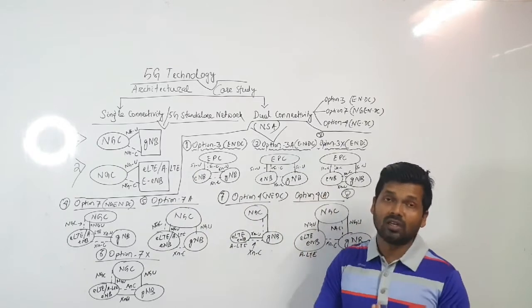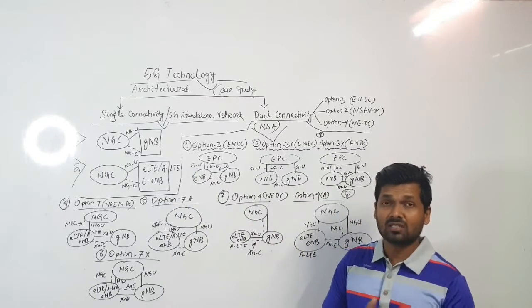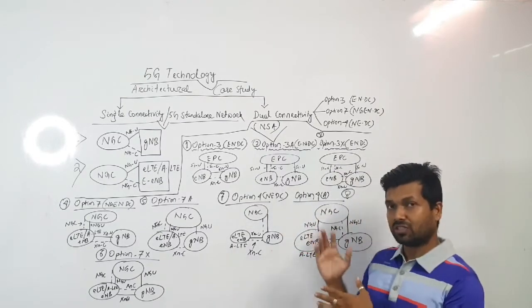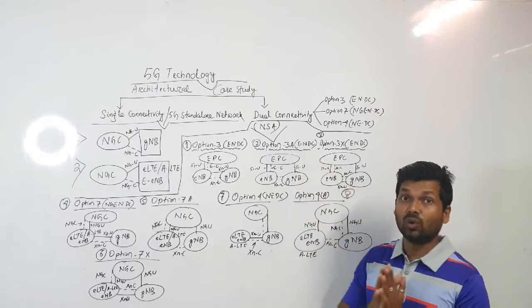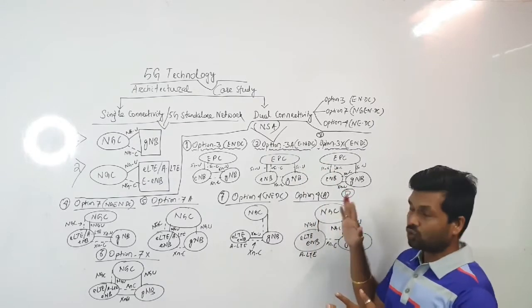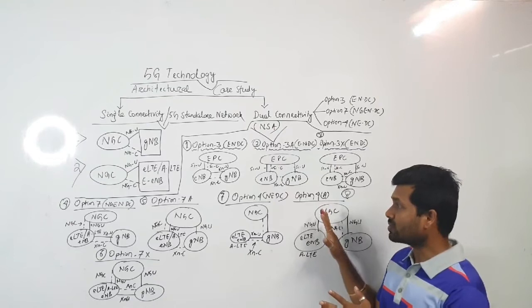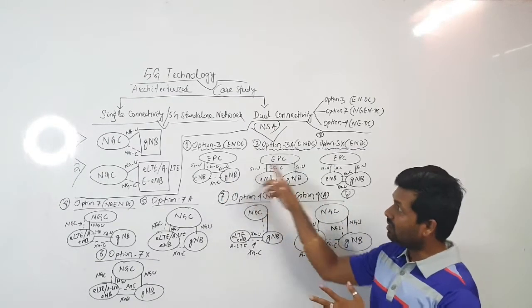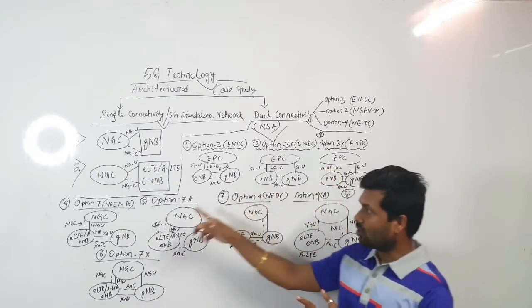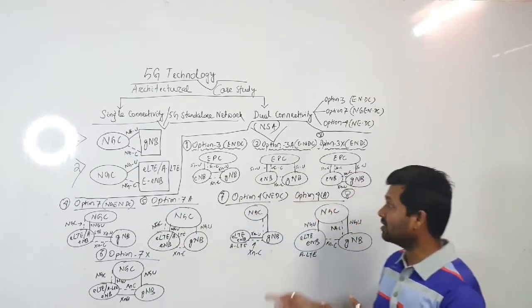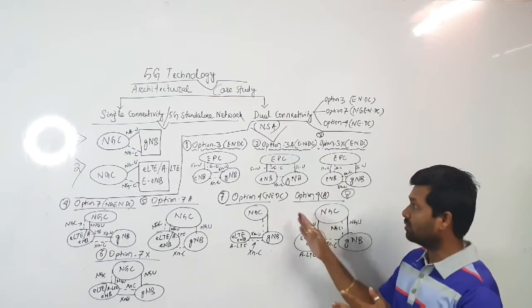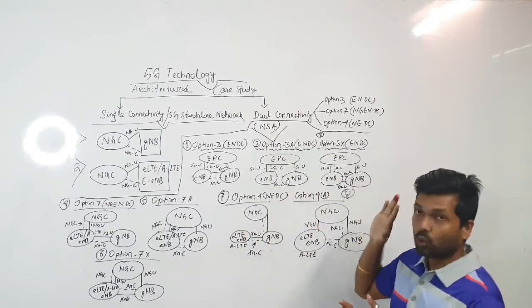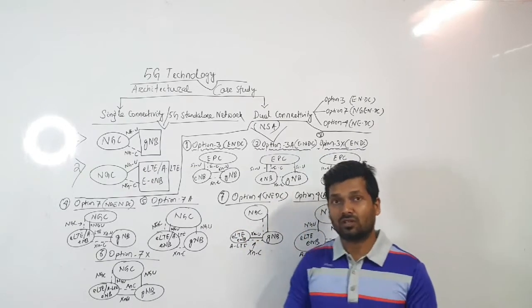Now for 5G dual connectivity, or very popularly known as ENDC, there is a feature ENDC in 5G network. So that is for the dual connectivity options. When we are looking at the dual connectivity options, we have 8 different options available: option 3, 3A, 3X, option 7, 7A, 7X, and then option 4 and 4A. So these are the 8 options available for dual connectivity for 5G technology rollout.